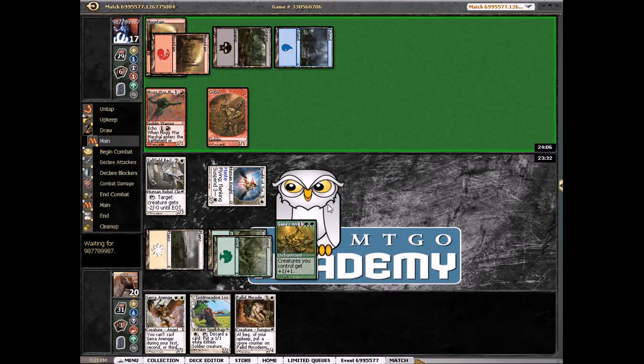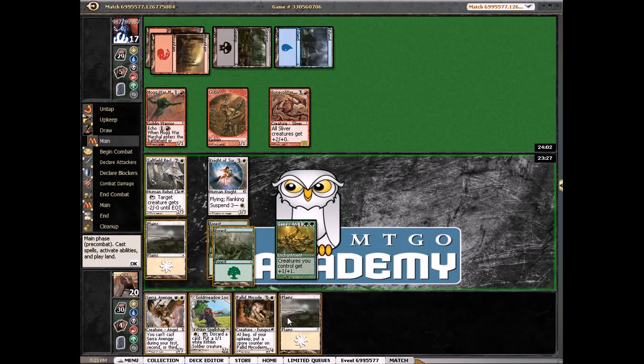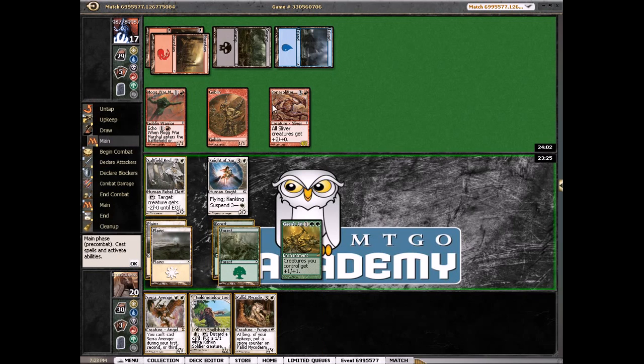Island, okay. Got a little Grixis deck. Bone Splitter Sliver, okay. This might be a Sliver deck. Those are pretty sweet. Drew a Plains, so we're just going to play...